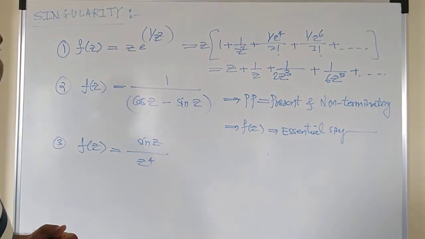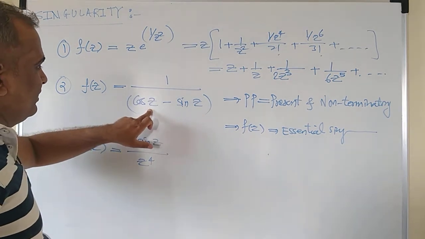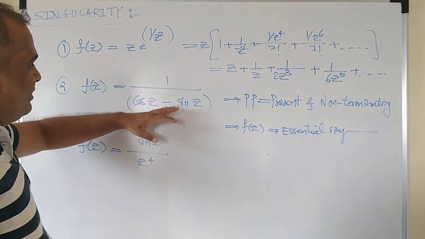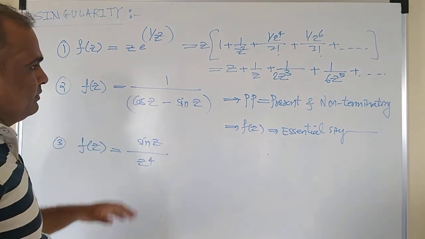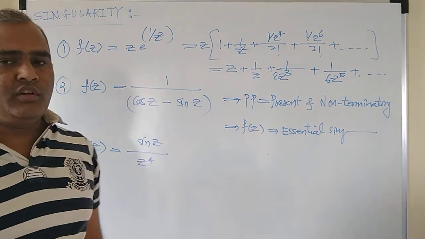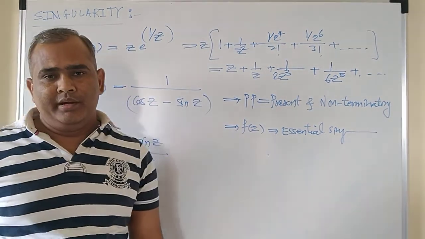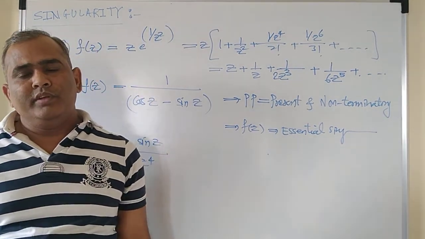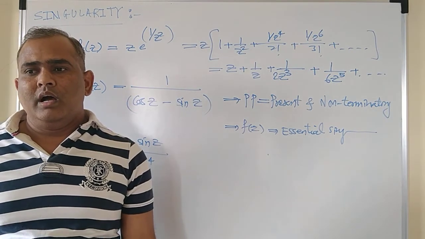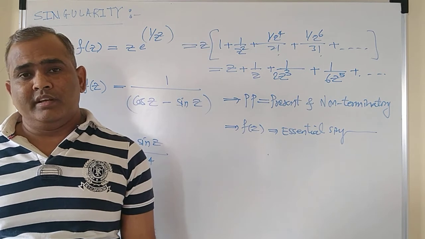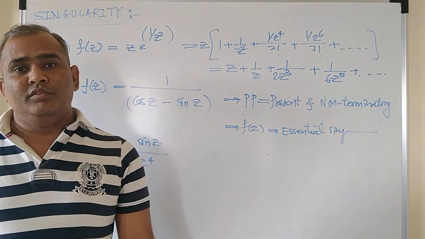Similarly, solve the next examples. How to solve this one? Use the sine series and cos series and subtract cos minus sine, and you will get the answer. Similarly here also. With this we'll stop here, and I hope you have understood the kinds of singularities. All the topics that we have studied till today's video are very necessary to understand residue theory. So in the next video we'll study residue theory. Thank you.